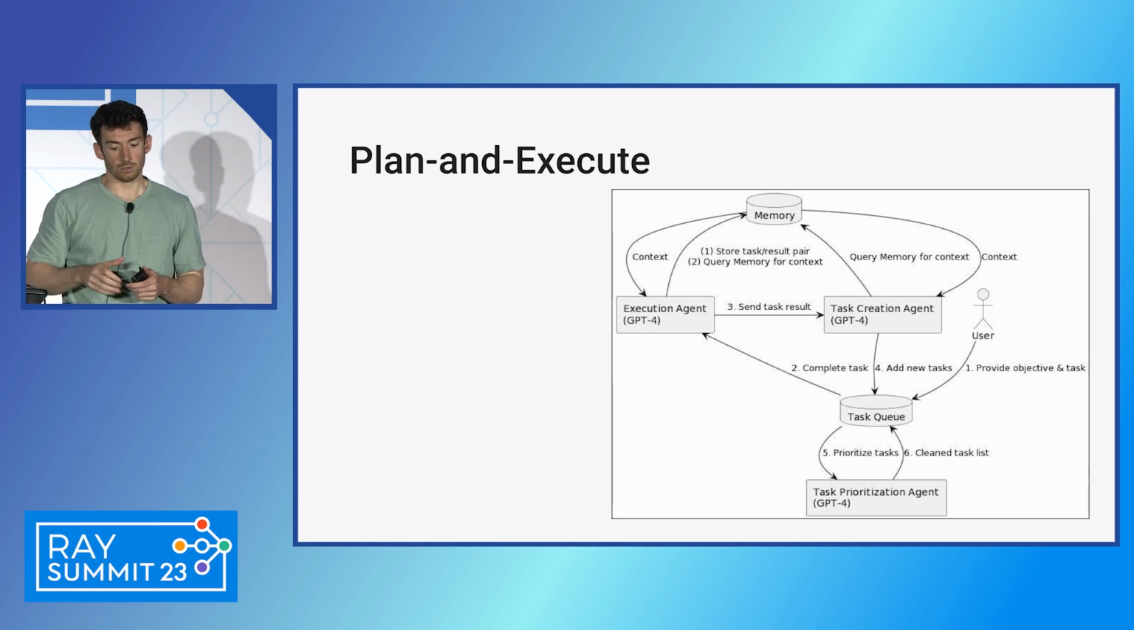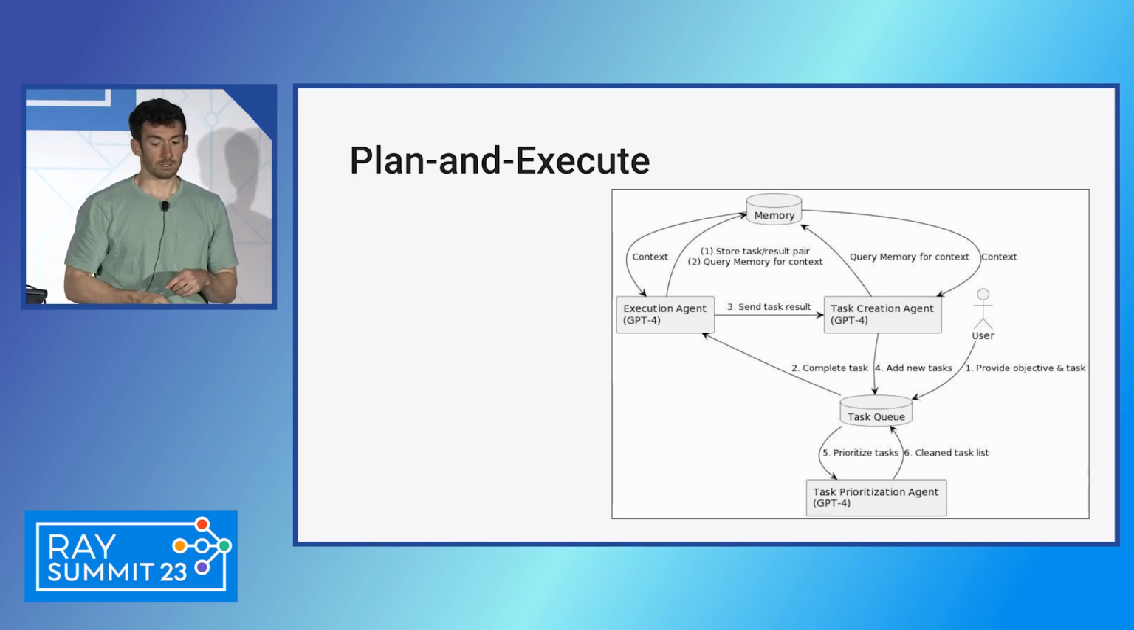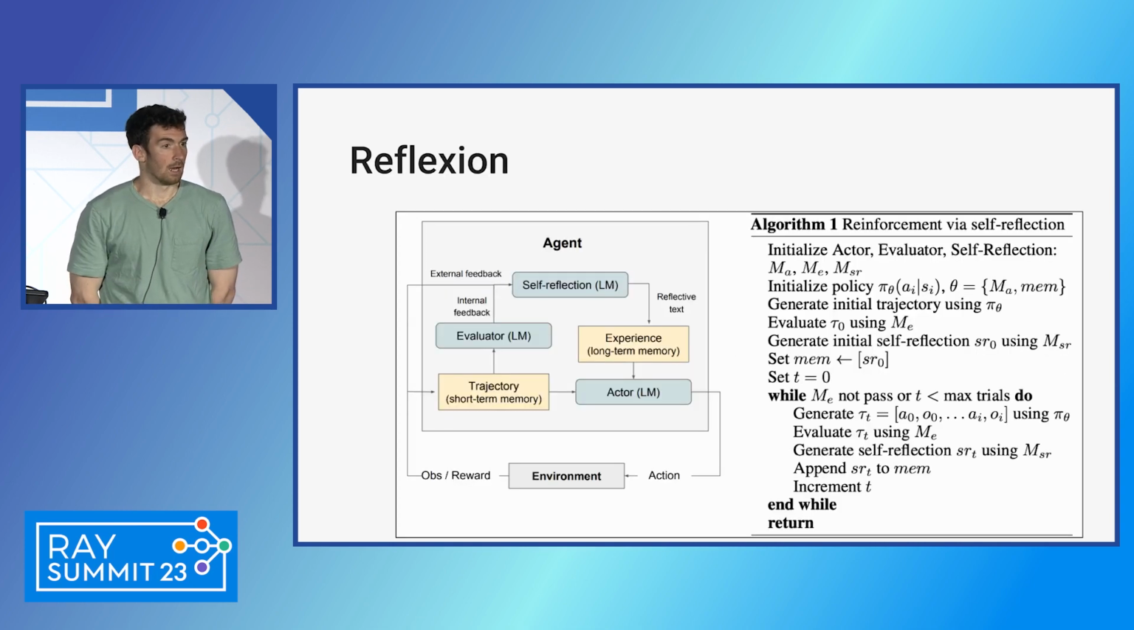Then you go back, you update, and then you prioritize. And you go in this loop. And there are these transition sequences where you can transition between states. To go to another paper, there's this Reflexion paper, and they have this agent here, and you can see that